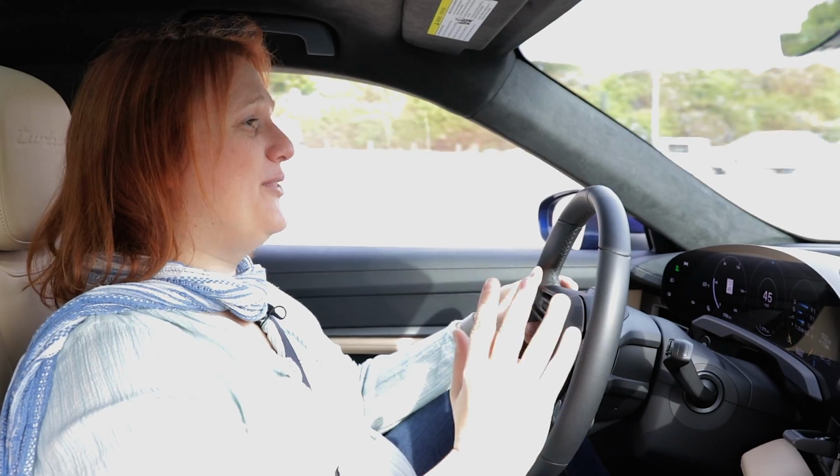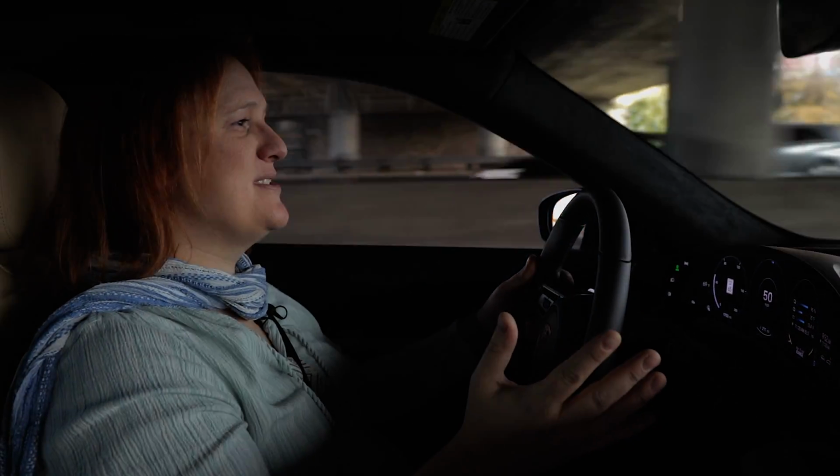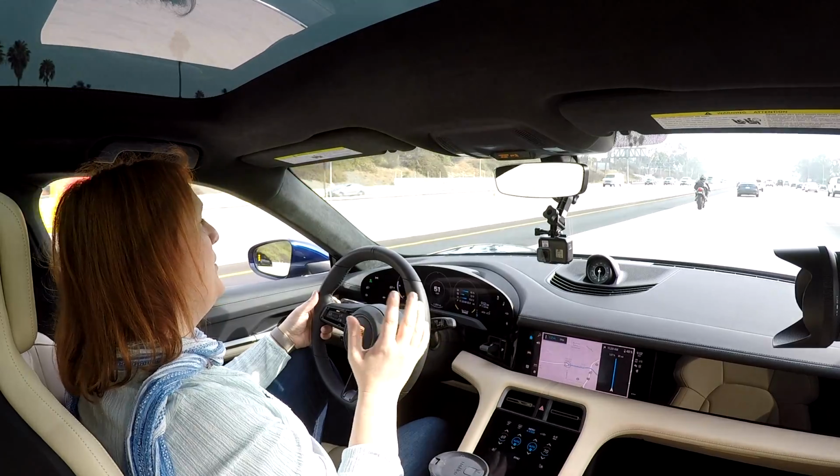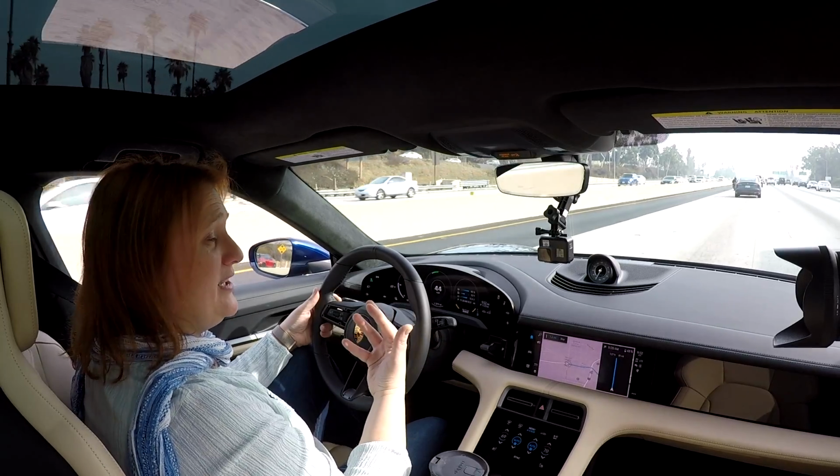I'm behind the wheel of the Porsche Taycan. I'm not going to say Porsche all that much because, as I've discovered in the 10 or 15 minutes or so that I've been driving this car, when I randomly say Porsche, about half the time the car thinks I'm talking to it, and then its artificial intelligent assistant, whatever you want to call it, asks me what